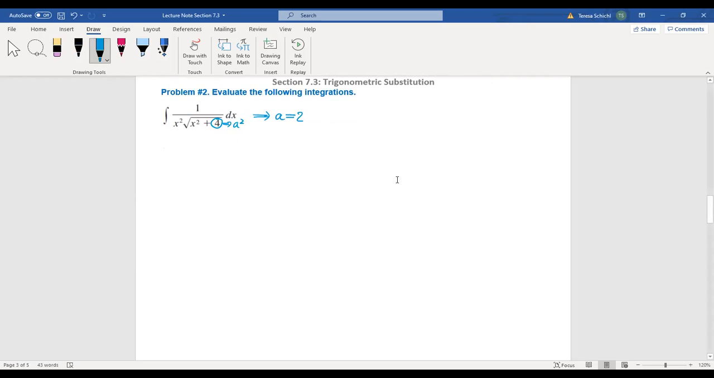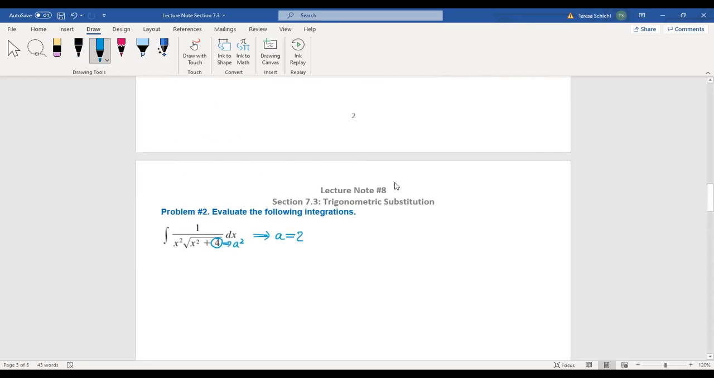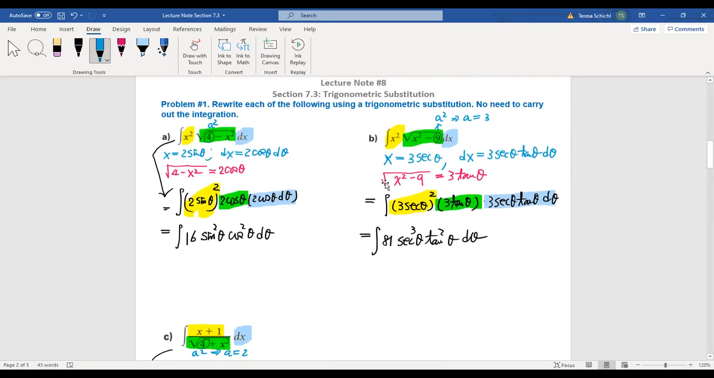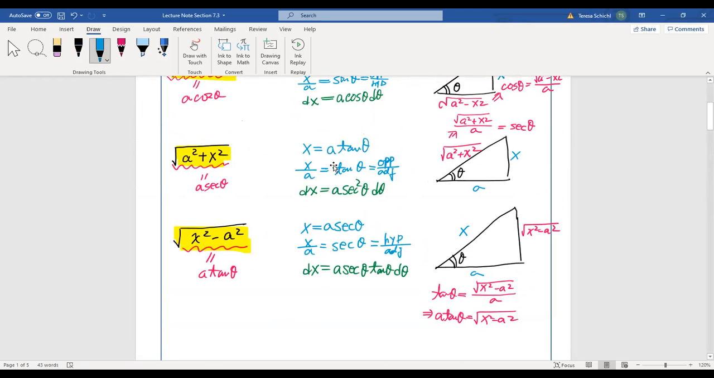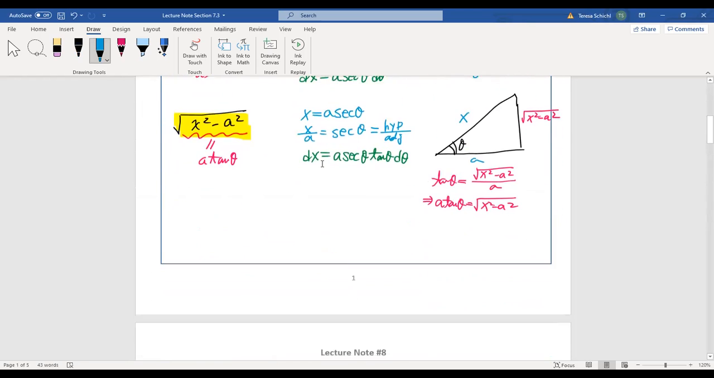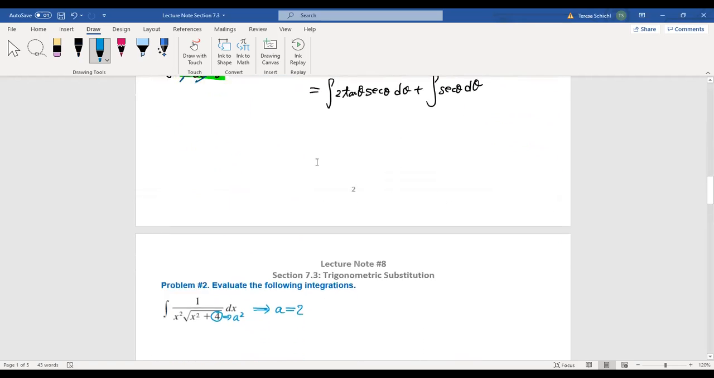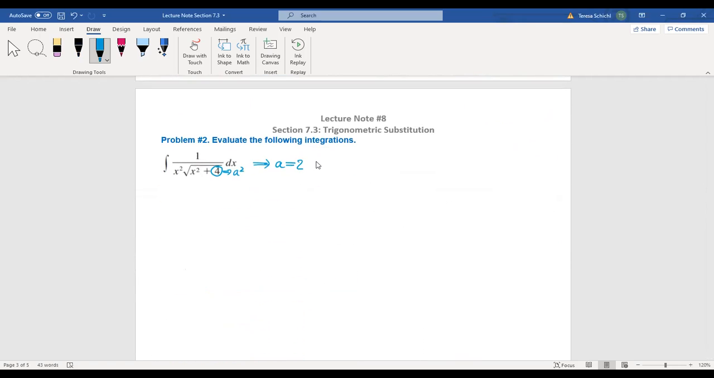Let's go back to check which formula is x squared plus a squared. Oh, so my substitution is a tangent theta. Now I know my x here will be a tangent theta. What is a? It's 2, so x is 2 tangent theta. And then we know